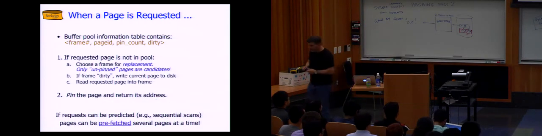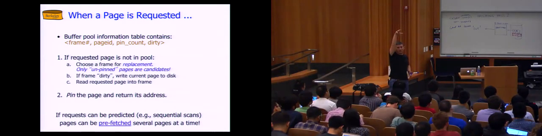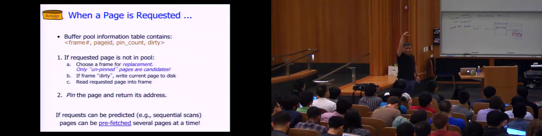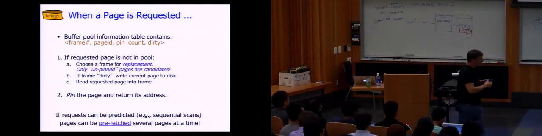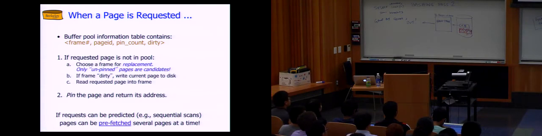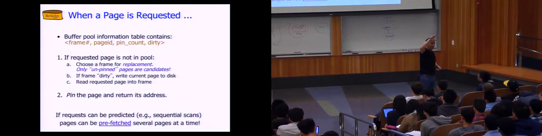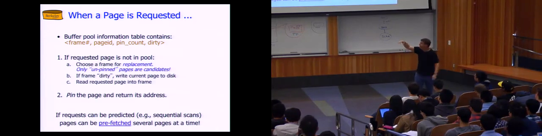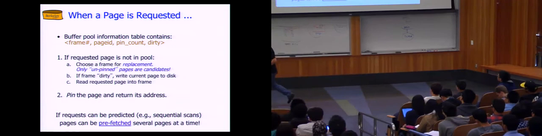All right, when a page is requested, what happens? The higher level code, which might be a B-tree package or a file scan iterator, is going to request a particular page. The buffer pool has this lookup table on the side that associates frame numbers, which are the offsets in this memory array that is the buffer pool, with disk page IDs. So as we saw,